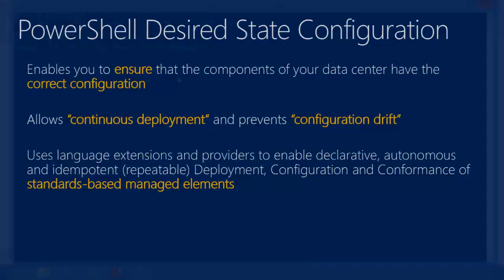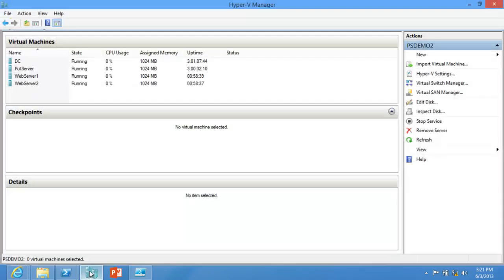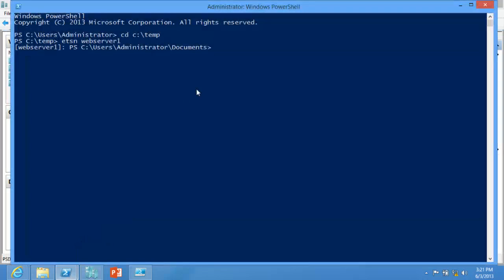We're back on demo for a second. What I've done here is I've just gone ahead and entered a session on Web Server 1. That's this one right here. And why do I want to? Because we're going to screw it up. Yes, right in front of you, I'm going to screw up my website. I am talented at this, I will have you know.